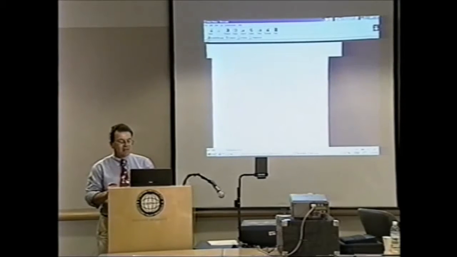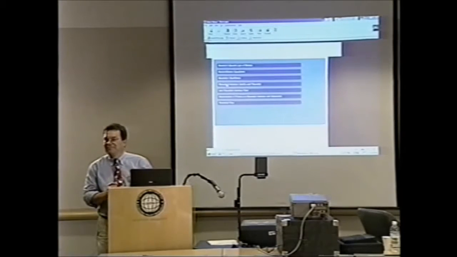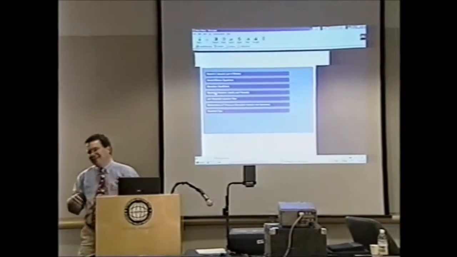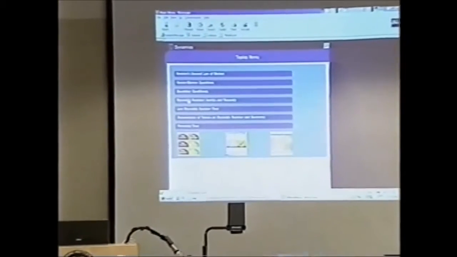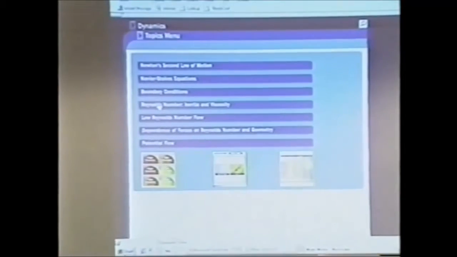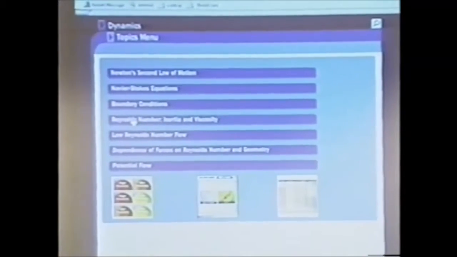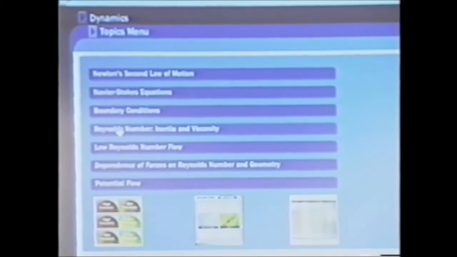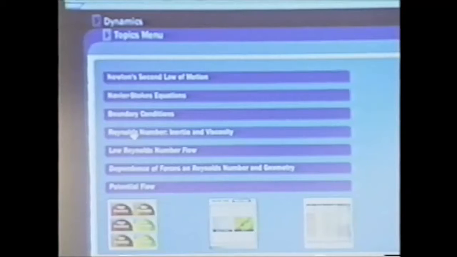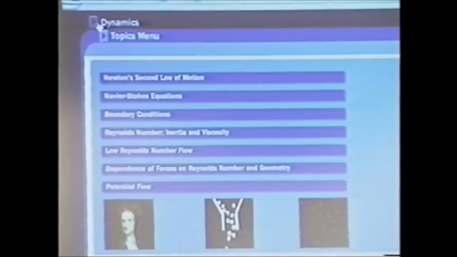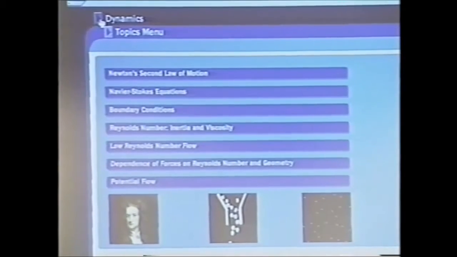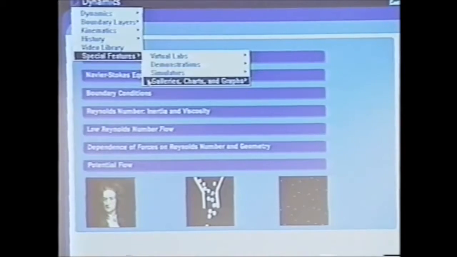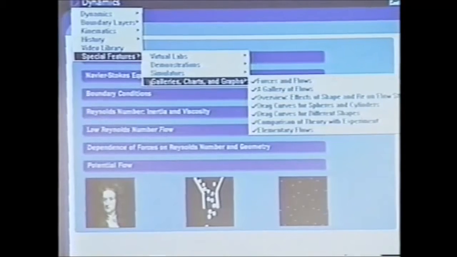I'll tell you this. Don't try this at home. This is not something you should do in your spare time. We all thought, HTML, Java, blah, blah, blah, read a few books, I'll do all this stuff. This took professionals, a whole team working flat out, just to get this kind of stuff together, and it's tough to do. There's a lot of stuff here. So I go to Special Features, and then I go to Galleries, Charts, and Graphs. Then I go to Comparison of